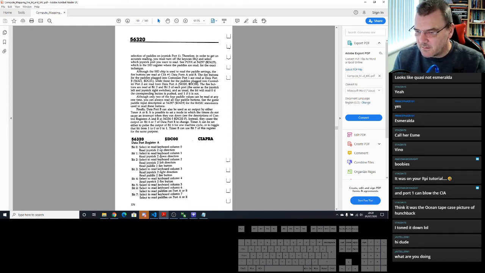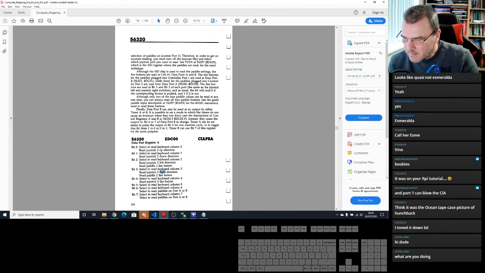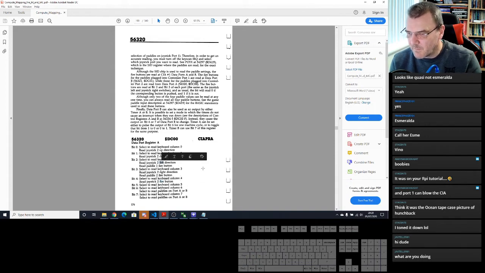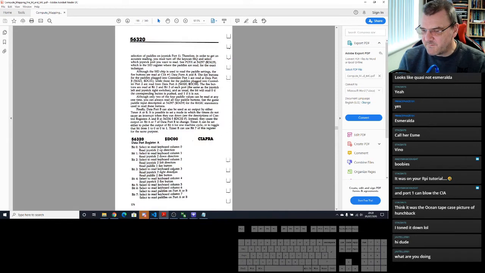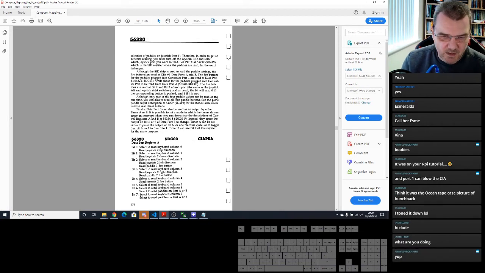Bit 1 is down. Bit 3 is right. Bit 4 is the fire button. What is left? Oh, there, bit 2. So we're looking at the first 4 bits in that peek location.